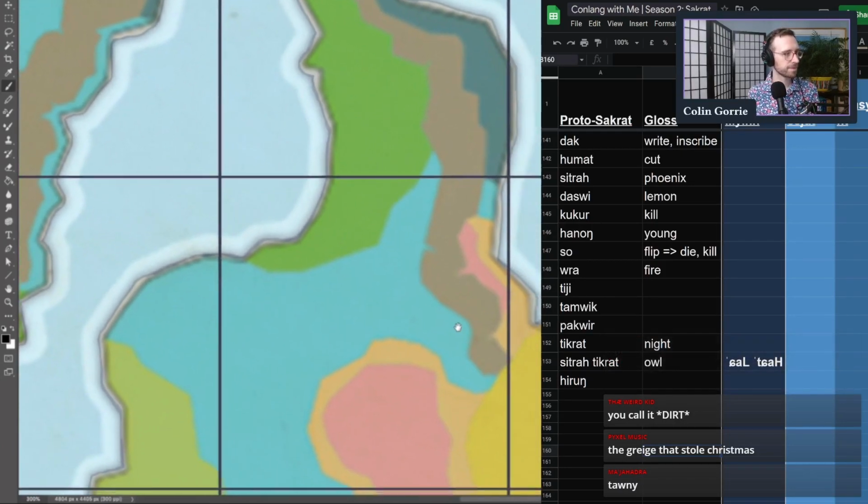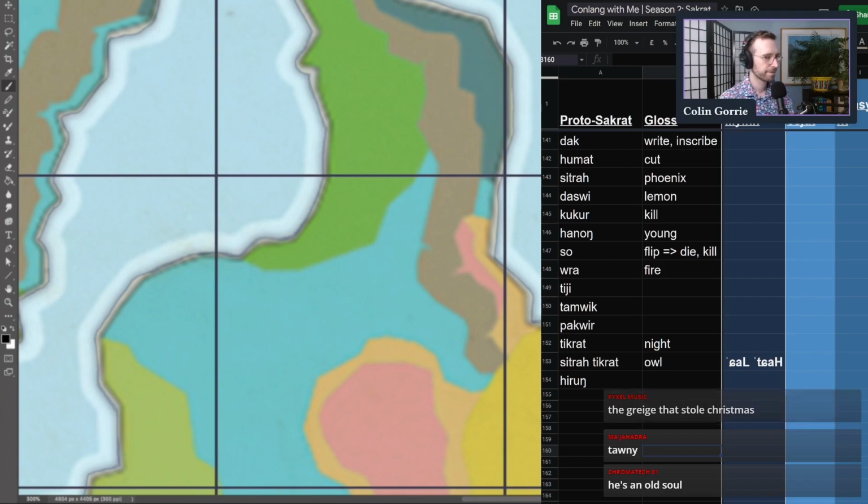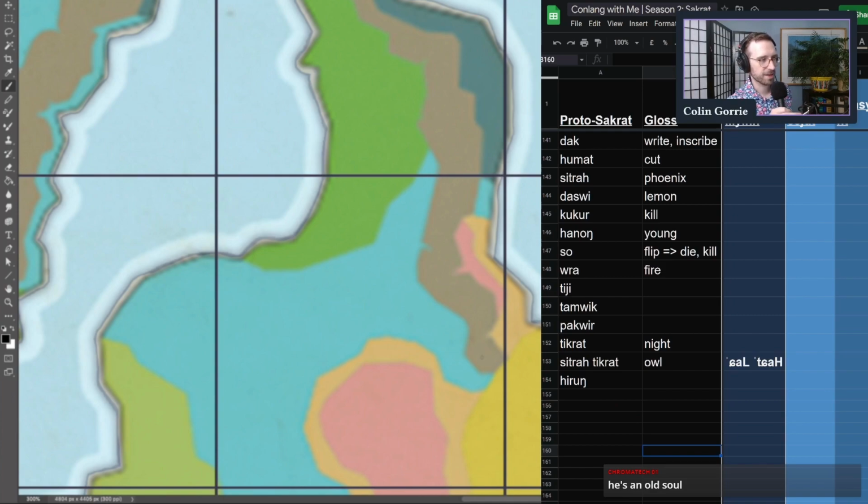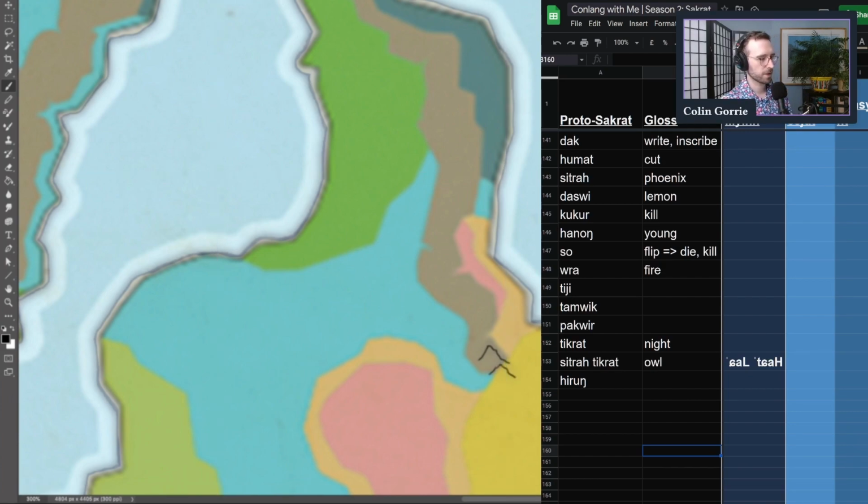Let's have a look. Get my layers in order. How big is this? I'm just looking at this for a second, and then I'll start on some ideas for place names that we can plop on this map. Okay, I'm just gonna doodle some little mountains. So I'm gonna go on mute. Goodbye. All right. Well, then I'll have to be entertaining on my own, which is a tall order, but I